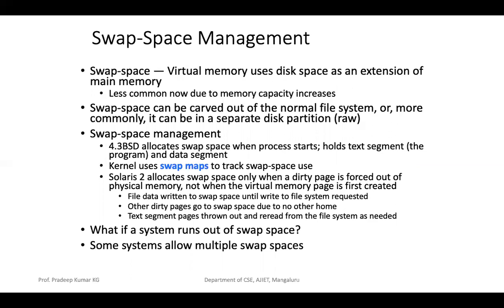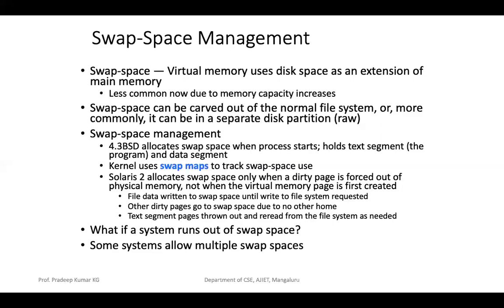In general, it uses disk space as an extension of main memory. For example, if you have more than one operating system in your machine, your main memory is limited, say for example 2 GB, so that is not sufficient. Then what it will take is virtual memory, whatever you assign while doing the initial partitioning. That is grabbed by it, and that is what we call swap space. How it works, we'll see with one example.